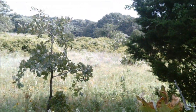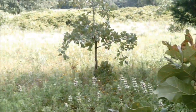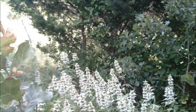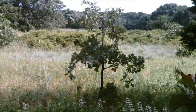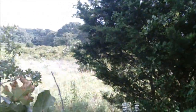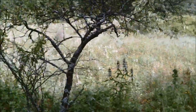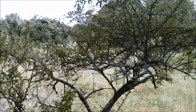And the thing is, all that briar brush right there, if there's little pockets in there, them does will be bedded up in there too, because it offers decent cover. They can hear you, if not see you, coming. It would be difficult to hunt this spot right here because there's no way to get set up. But I'm probably going to try to figure something out,